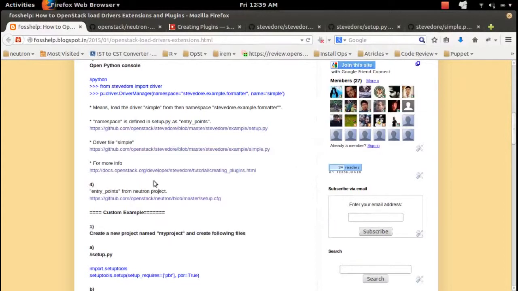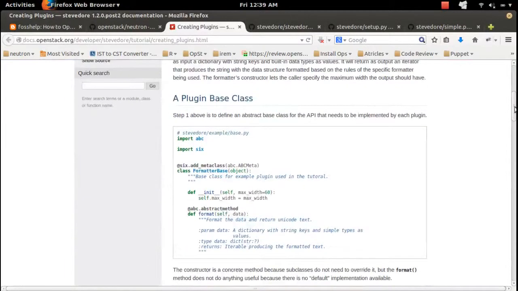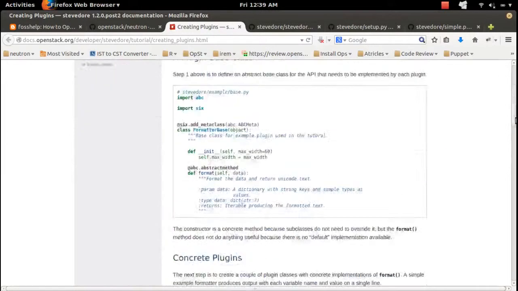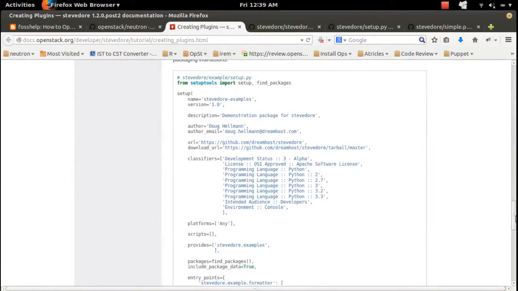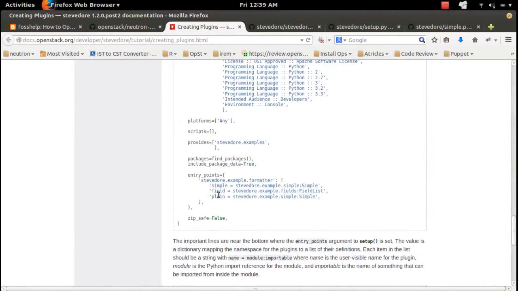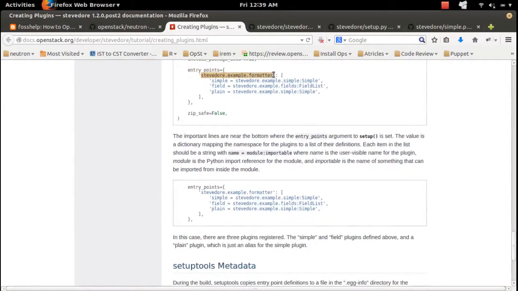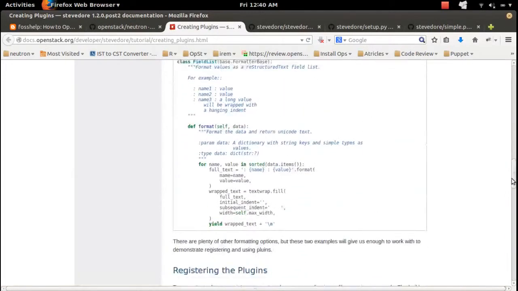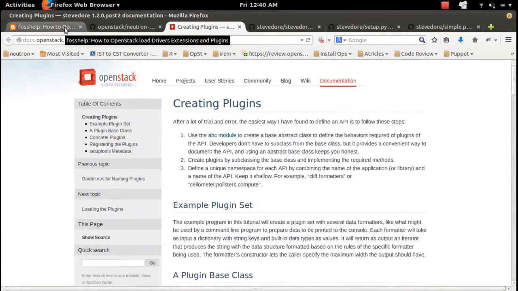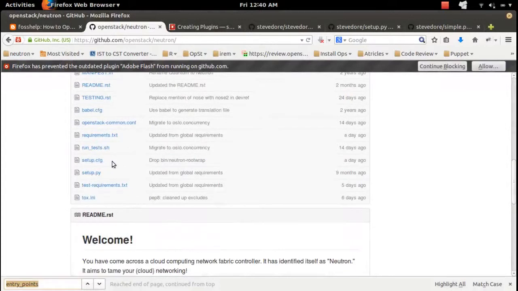Okay, I will show you another example. In this OpenStack doc, I have already opened it here, it explains how to load the plugins using the stevedore. So what we need to do is, in the setup.py or setup.cfg file, we need to define these entry points, then specify the namespace, then inside that namespace you can specify the drivers. So let me open, if you go to the OpenStack Neutron project, there you can see the entry points configuration